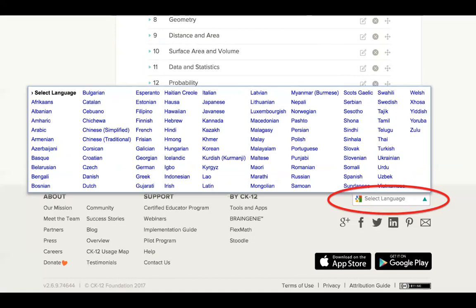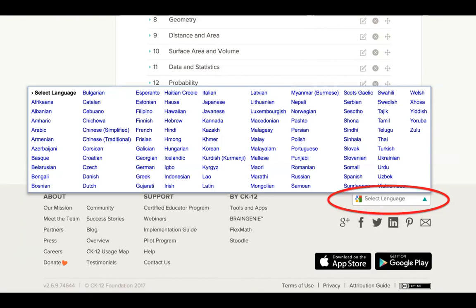Another thing that you can do with our FlexBooks is translate them into another language. We have some Spanish editions of FlexBooks built on our site by human beings who actually translated it. But with this Google Translate option that you're going to see at the bottom of CK12, you have the ability to change any of our text content into almost any language. And Google Translate keeps getting better and better. I don't know if you've tried it recently, but it's a pretty close translation that I think is going to help any students who come to your classroom and may still be speaking a language that you need to support